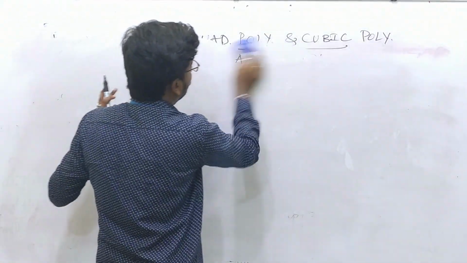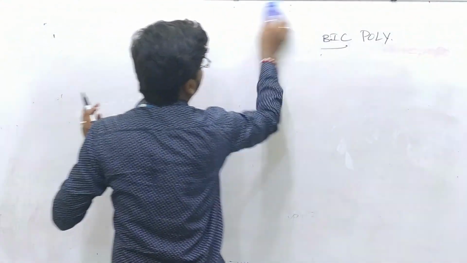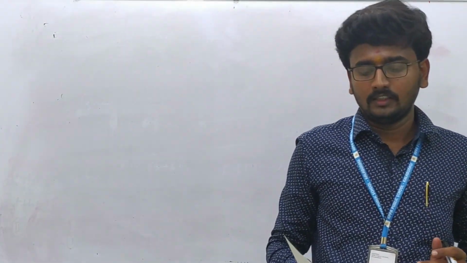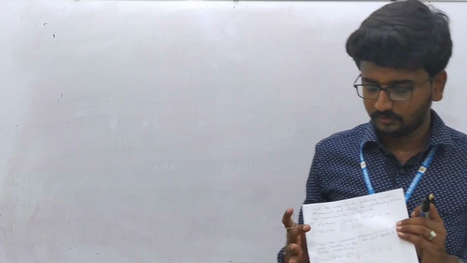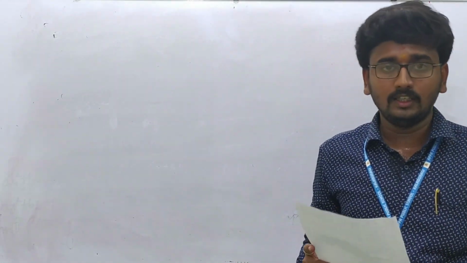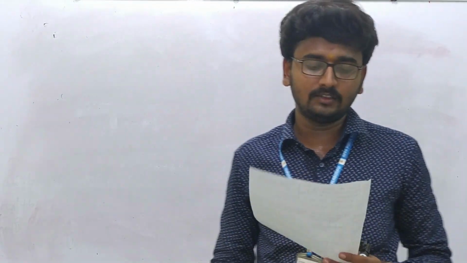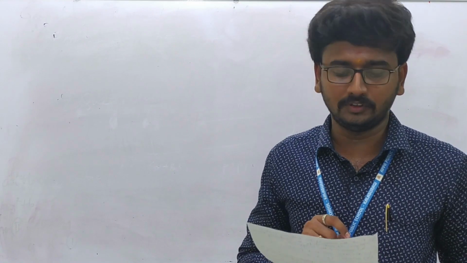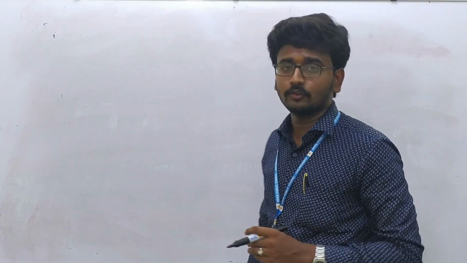Let me first take some solved example problems and then we'll move to some random problems of your exercise. You might already have textbooks, so from those textbooks I have gone through some problems, and we'll discuss these problems. Coming to the first one, they may ask the question: find the zeros of the following quadratic polynomial and verify the relationship between the zeros and coefficients. First I have to find the zeros.